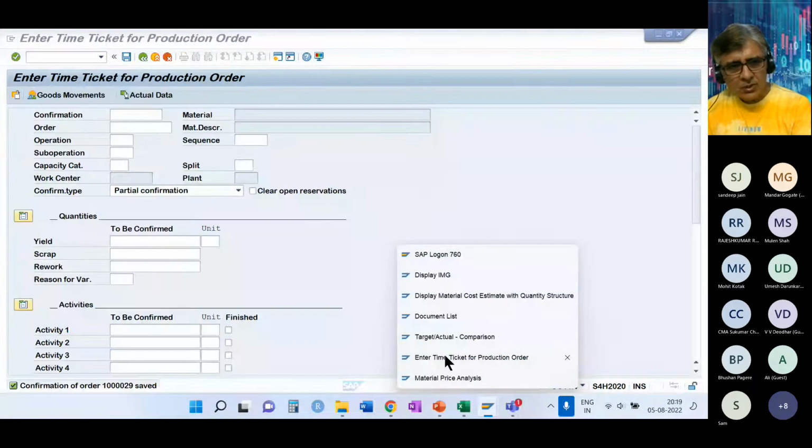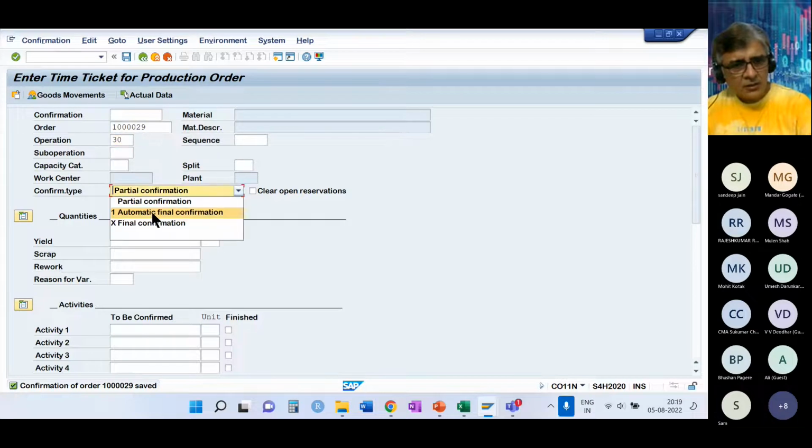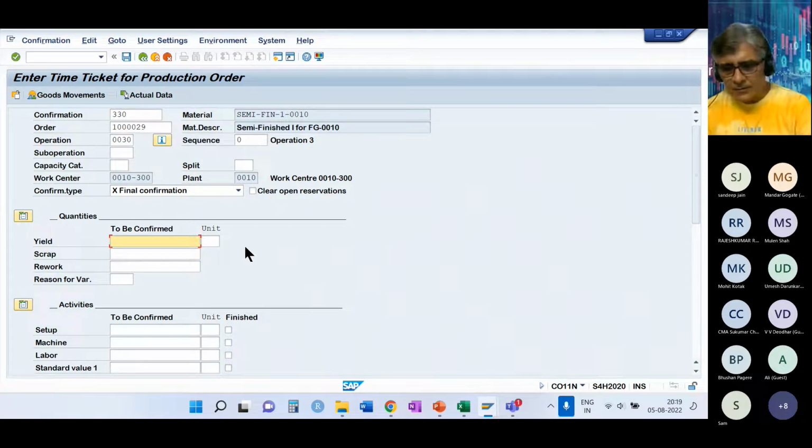Now we'll do the last confirmation, and then we'll see what is the impact on the production order. So this is 30. Final confirmation, actual data. You can save this.